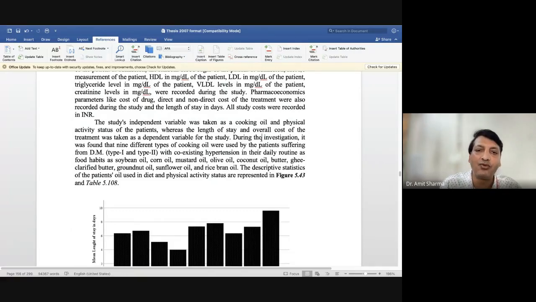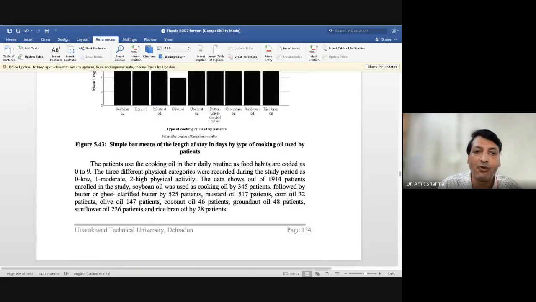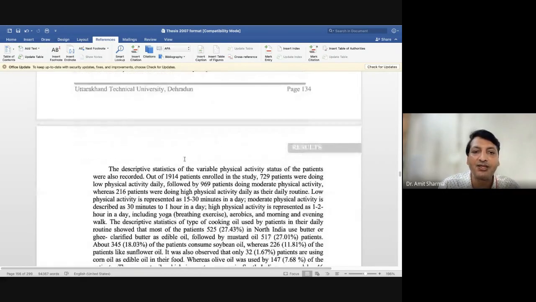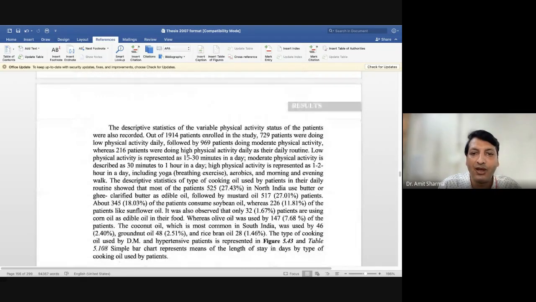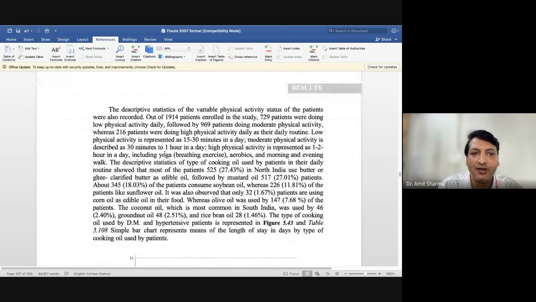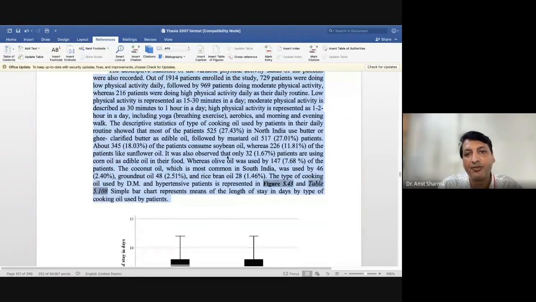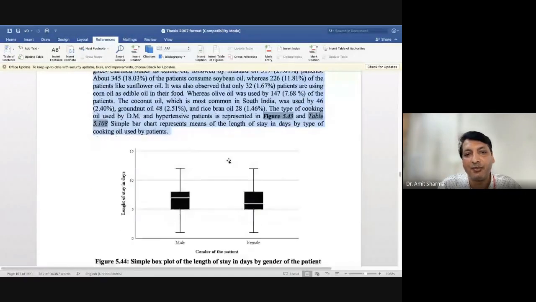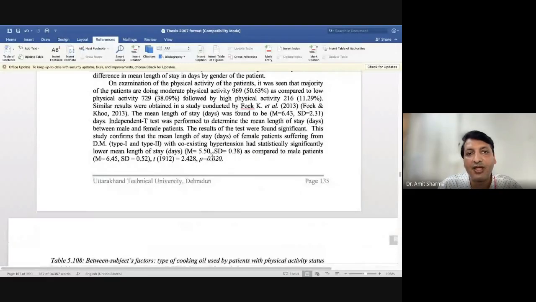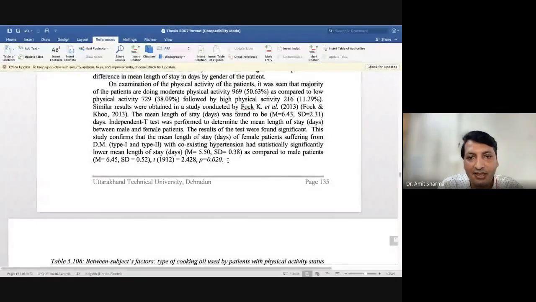So for example, if I want to generate another research paper from my thesis, what I'll do is I'll not write again. I'll just choose a few paragraphs or a few lines from each paragraph. For example, from this paragraph, I'll see which type of data I want to add in the research paper, and I'll see which is more important. That particular paragraph I'm going to take from this thesis for the research paper. And while writing the results, I'll not take everything, because I'll take this, that the results of the test were found significant or not significant, and what this study confirms.